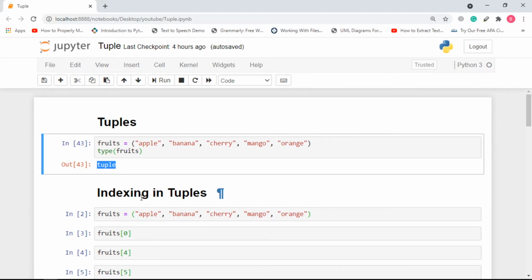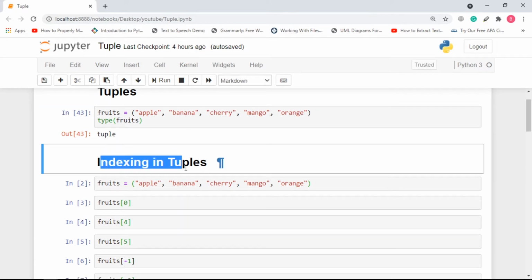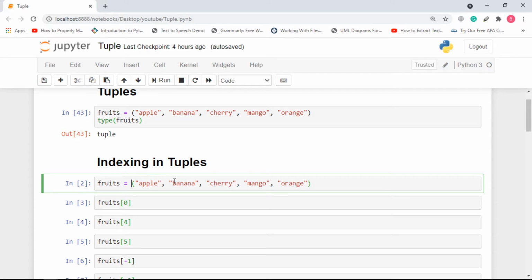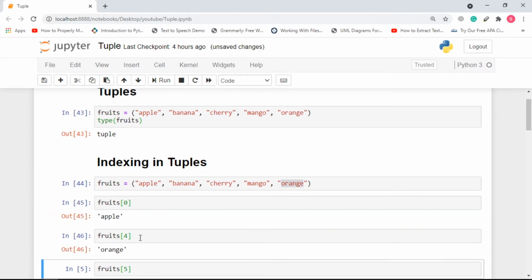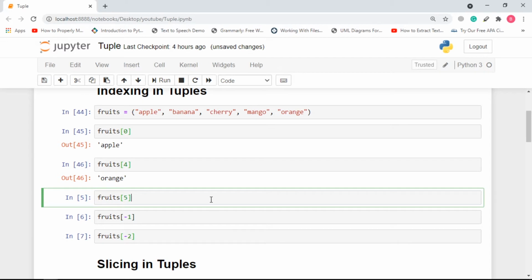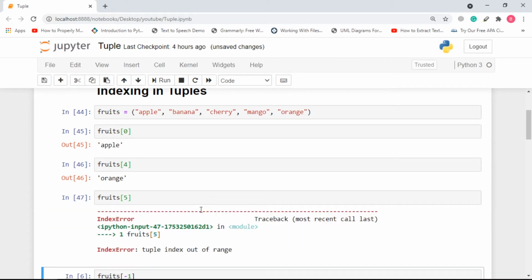So now let's start working on it. Over here you can do indexing in tuples. If I create a tuple over here with all these elements, this is the zeroth element, this is the first element, this is the second, this is the third, and this is the fourth. So if I go for fruits of 0, it will provide me apple. And if I go for fruits of 4, it will provide me 0, 1, 2, 3, 4, orange. Now if I go for fruits of 5 and hit enter, it will raise an exception because of tuple index out of range. So you cannot provide an index which is beyond the tuple limitation. Here we have only 5 elements ranging from 0 to 4,